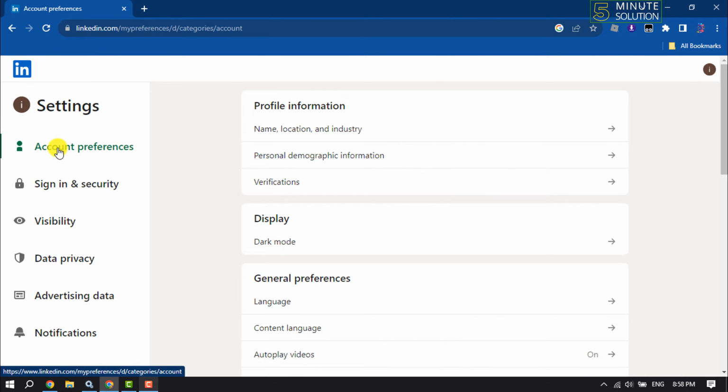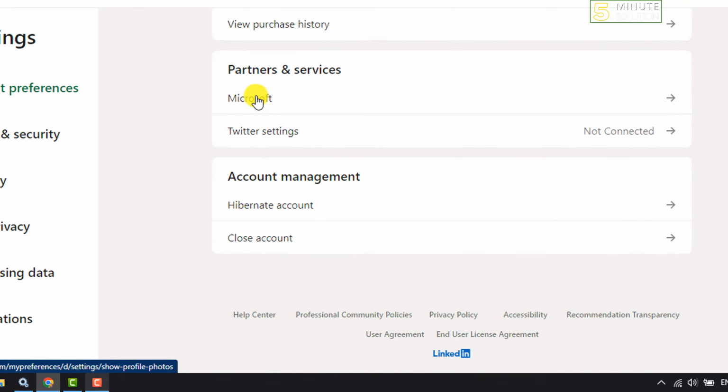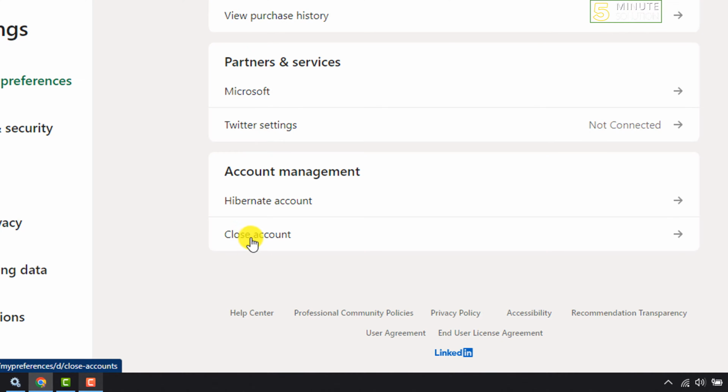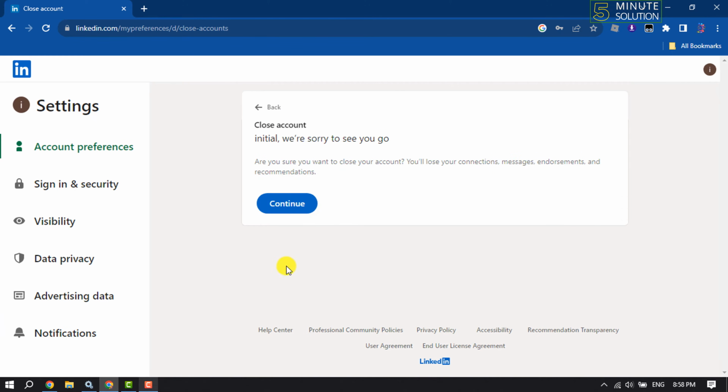And here select Account Preferences option and scroll down all the way to the bottom. Click on Close Account. And note one thing, that if you close your account, you will lose your connections, messages, endorsements, and recommendations. Click on Continue